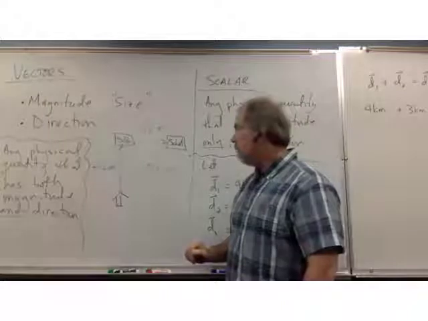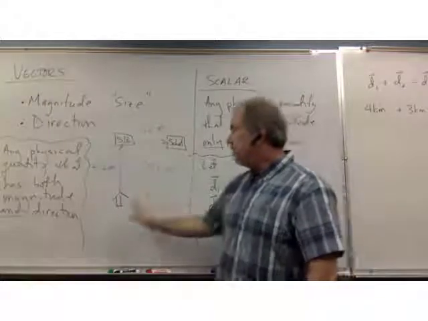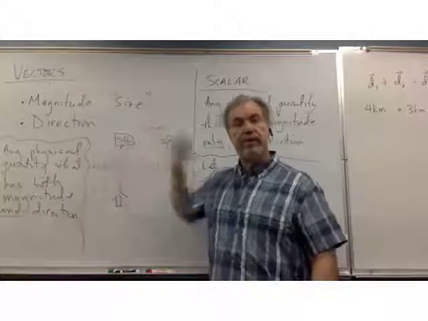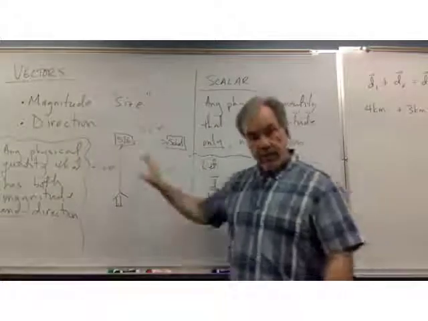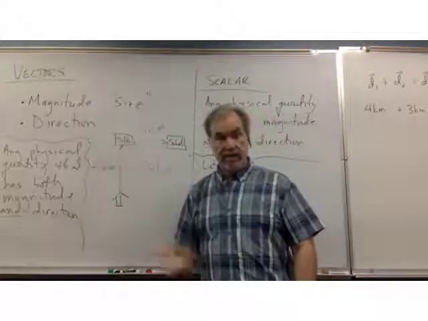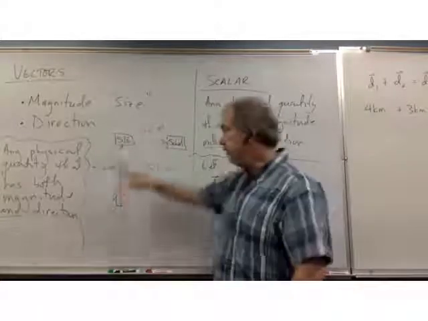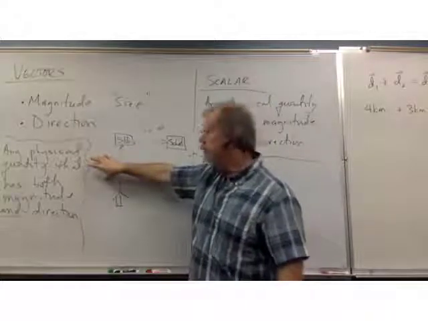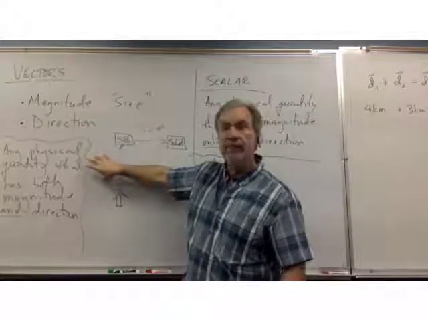And I mentioned that the distance that I actually traveled, the 4 kilometers here, 3 kilometers there, is the magnitude of the vector, and doesn't have the direction linked to it. The 4 kilometers by itself isn't part of the direction. Okay, the direction is north. Okay, so 4 kilometers,